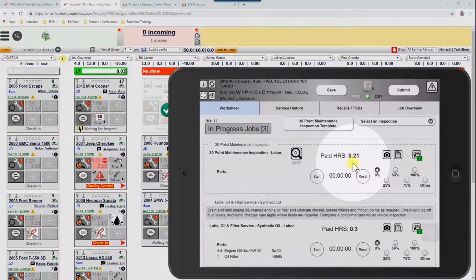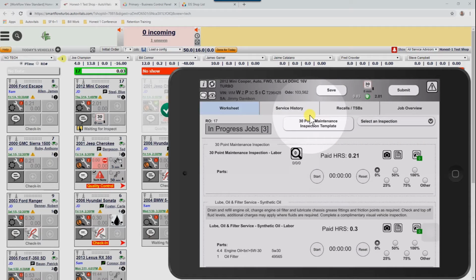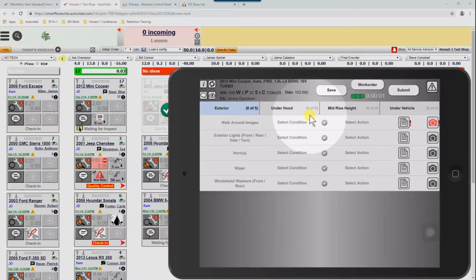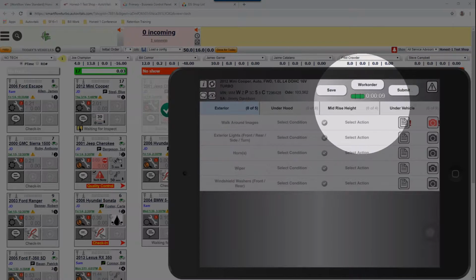So in this case, I'm going to go back to worksheet. And what I'm going to do in this case is, because your shop is probably set up as such, I'm going to have you tap the default inspection for your shop, and we're going to start doing our default or our demo inspection. So the nice thing about this is all inspections are broken down into nice usable chunks. So exterior, under hood, mid-rise, and under